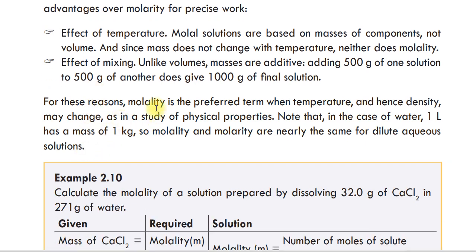For this reason molality is the preferred term when temperature and hence density may change, as in a study of the physical property. Note that in the case of water, 1 liter has a mass of 1 kilogram. ቀደም ላይ ያወራችሁ 1 ሊትር ውሃ 1 ኪሎግራም ነው ብያችኋለሁ። So the molality and molarity are nearly the same for a dilute aqueous solution. ስለዚህ ዳይሉት ሶሉሽን ከሆነ ሞላሪቲ ከሞላሊቲ ጋር እኩል የሚሆንበት አጋጣሚ ይፈጠራል።